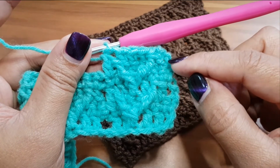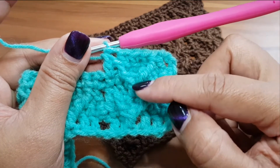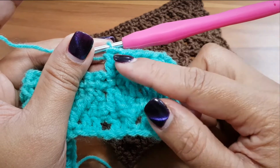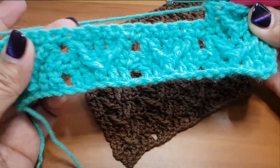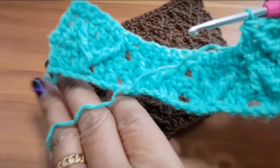where are we, 4, 5. This is number 5. So this is row number 5. You repeat this one, and then row number 6, which is single crochet all across. So it's again repeating until the length that you desire. Let me continue this one more, and then you will have an idea